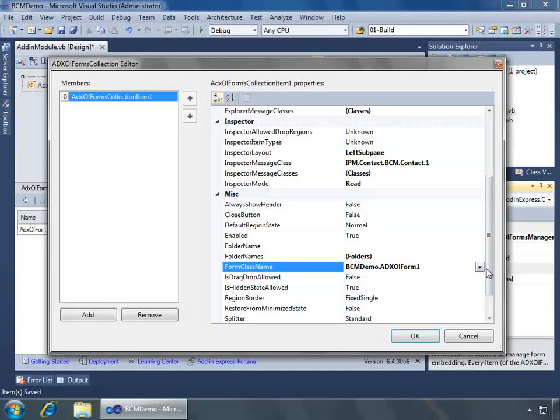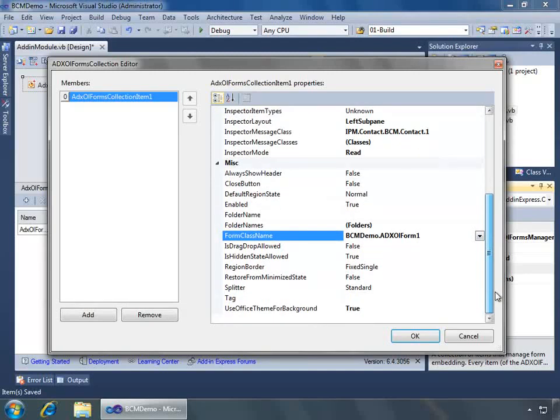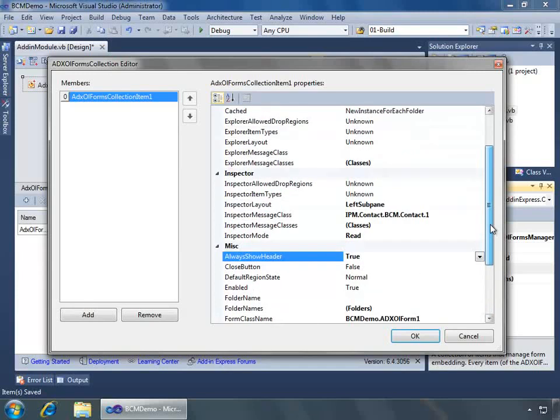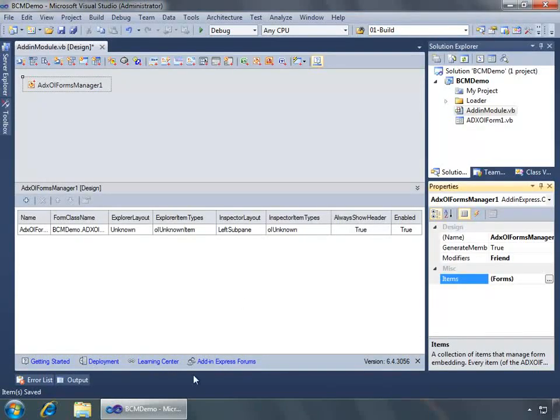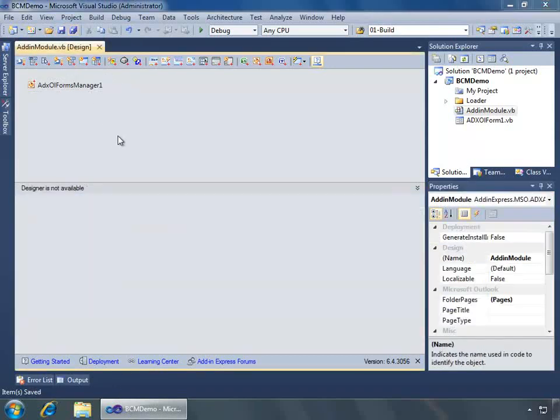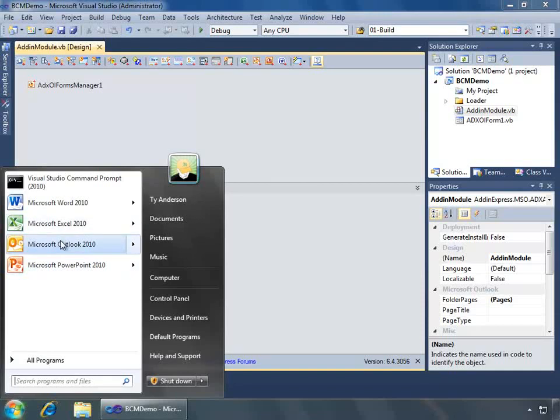Alright, now one other thing I want to do is make sure I don't want to have the close button, but I do want to always show my header. And now I'm happy with this. I'll say OK. I'm going to save everything real quick. And while we're at it, what I want to do is go back and open up Outlook so I can